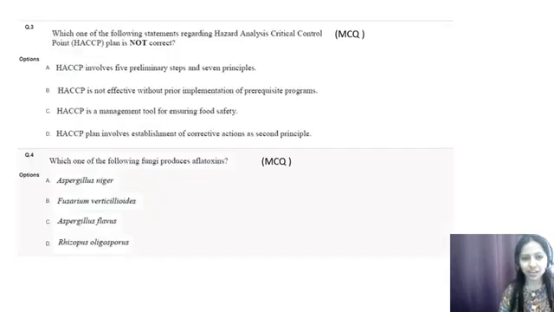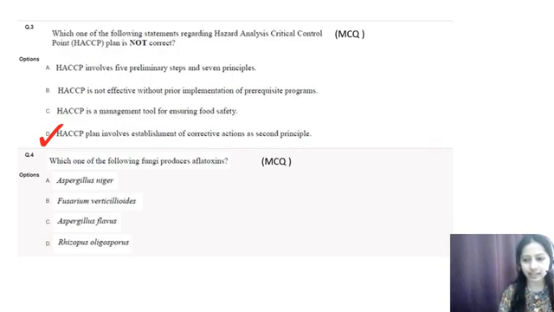Question number 3. Which one of the following statements regarding HACCP, that is Hazard Analysis Critical Control Point, plan is not correct? So we have to choose the incorrect one. The options are: A, HACCP plan involves 5 preliminary steps and 7 principles. B, HACCP is not effective without prior implementation of prerequisite programs. C, HACCP is a management tool for ensuring food safety. D, HACCP plan involves establishment of corrective action as a second principle. So over here the correct option is option number D, that is HACCP plan involves establishment of corrective action as a second principle. Since we know that